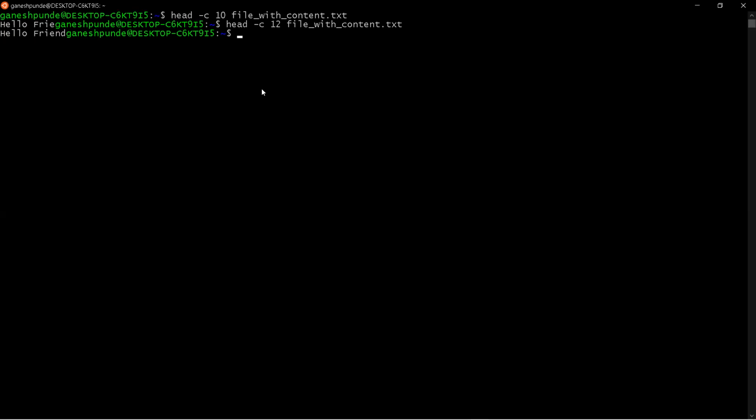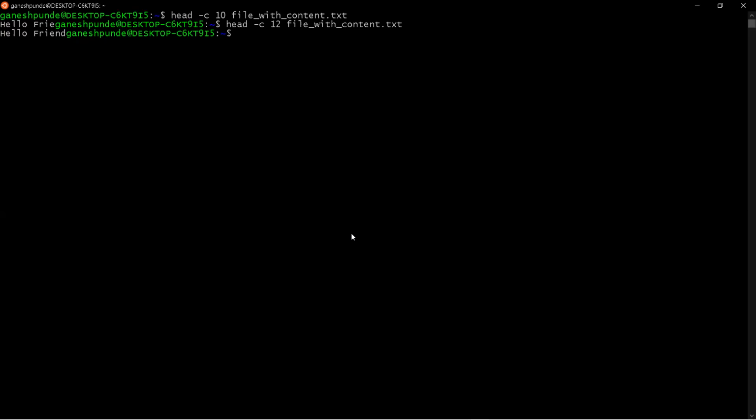So we saw head without option, head with number of lines with -n and the number you need to specify to see that many lines, and -c to see the number of characters, right? So that is about head.